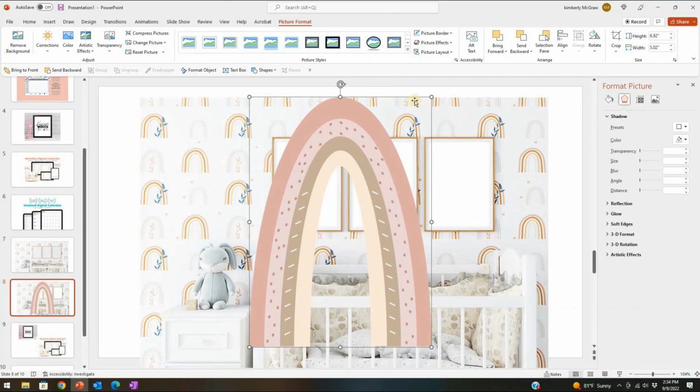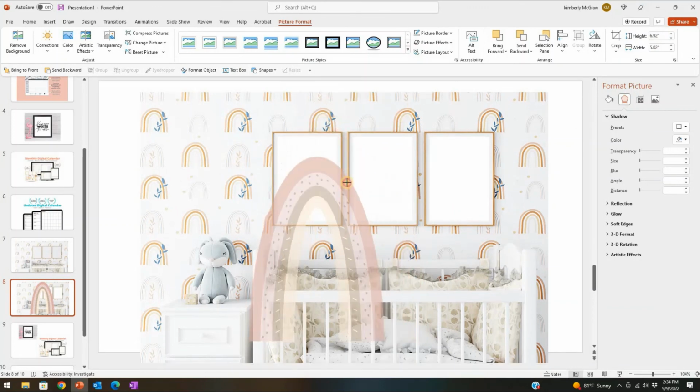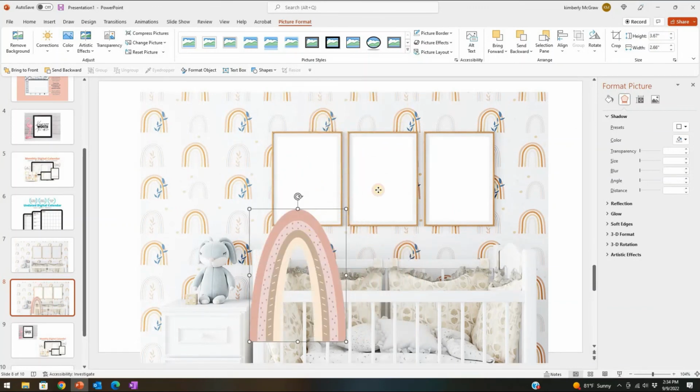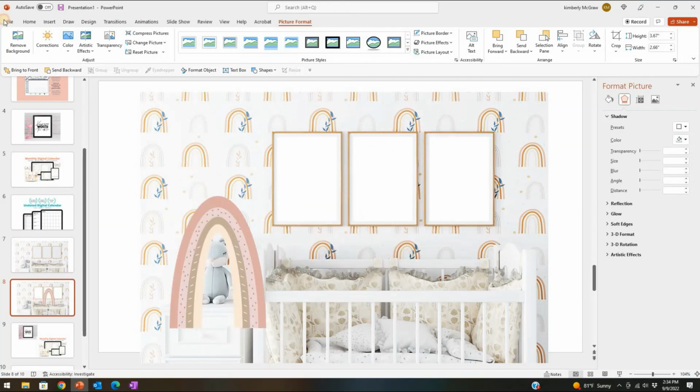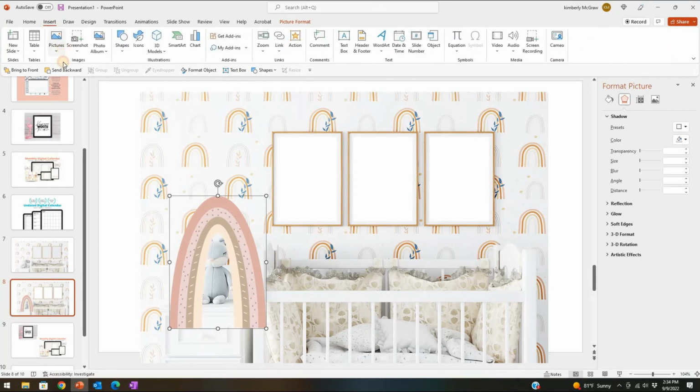Okay, so this one I don't actually have as a picture. I saved this as a transparent background, so we're going to have to use something different. Let's see here, let's insert